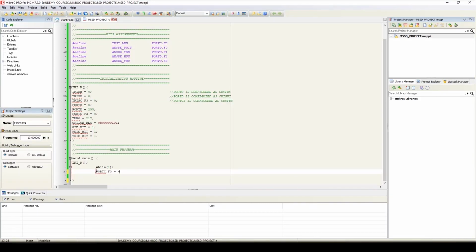equals invert of PORTC3, and we'll call a delay of 500 millisecond, that is delay_ms 500. So in the while loop we have written two instructions, that is to toggle port RC3 and a delay of 500